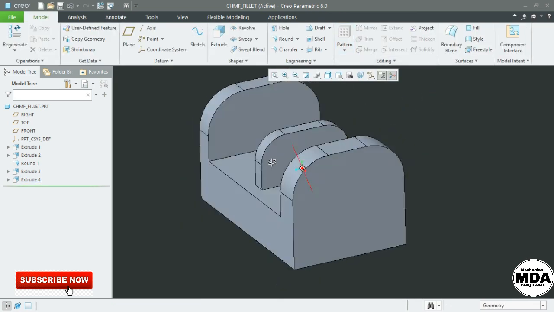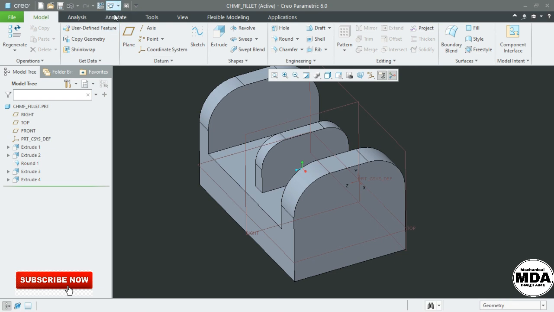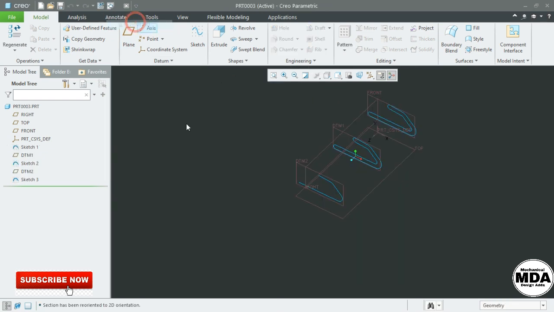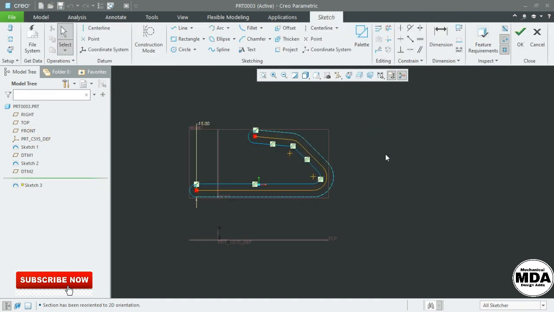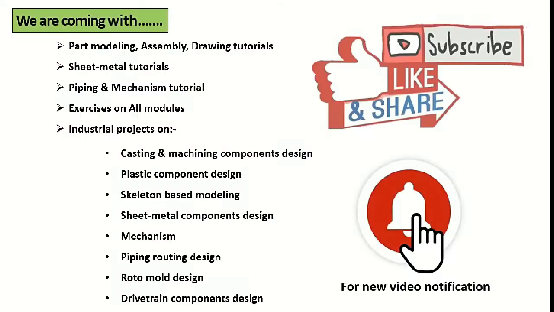So in this video you have learned how to use offset. The offset is used for offsetting the geometry at some distance, and thicken is used to offset in both the directions. Okay, you can choose different values but in both directions, and we can control the ends in the thicken command. And in the project command we need a geometry, and we can use the geometry repeatedly on different features.